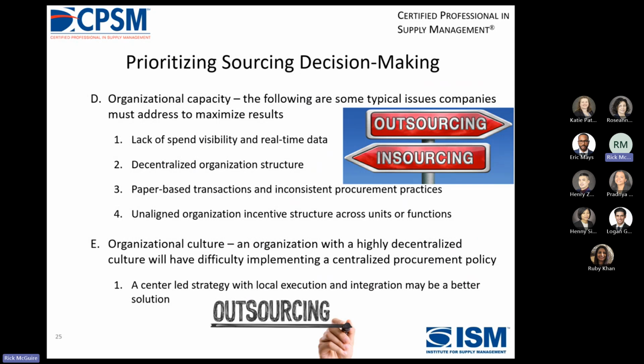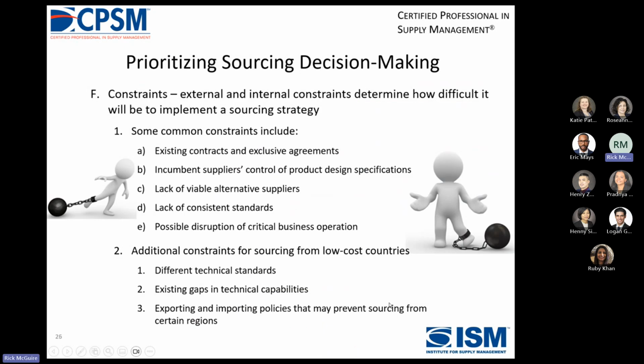Sometimes you run into that. And then you've got the organizational culture. An organization with a highly decentralized culture will have difficulty implementing a centralized procurement policy. Yeah, that makes sense. Center-led strategy with local execution and integration may be a better solution. That's kind of what we do here, is more center-led,